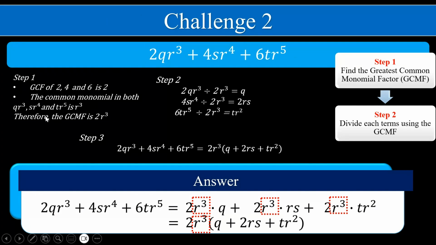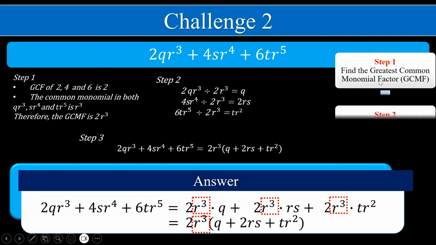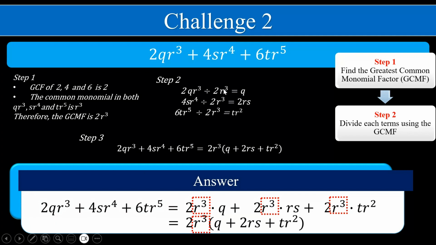And in terms of the variable, we can see here visually that the common among the terms is letter r, the variable r, and the lowest exponent, again, lowest exponent among the 3, 4, and 5 is 3. With that, we can use that kind of information as our step number 1. In our step number 2, we can use the 2r cubed as our basis to divide among the given terms